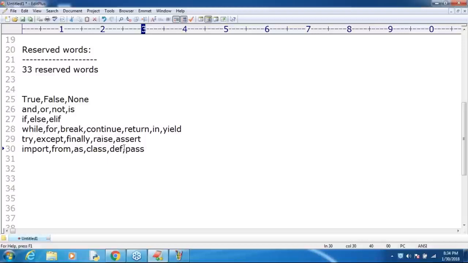What it means, sir? Suppose here I'm asking some question. You are not in a position to answer. What are you going to tell, sir? Just pass. That's all, pass. Okay, I'm not in a position to answer. Are you getting it, right? Pass means I don't want to do anything. If you have such a requirement in Python, happily we can use the pass keyword. How we can use it, that part I'm going to take care of. Don't worry, sir. Pass means nothing. Don't do anything. I'm not going to do anything, sir. Just pass. That's all. Just be aware.